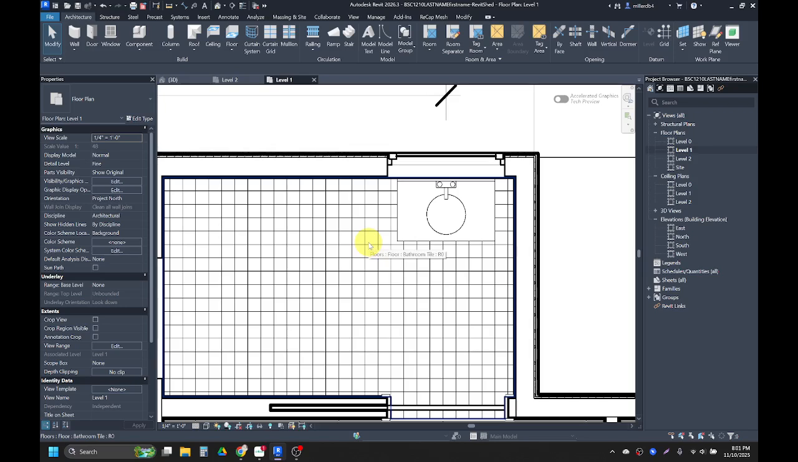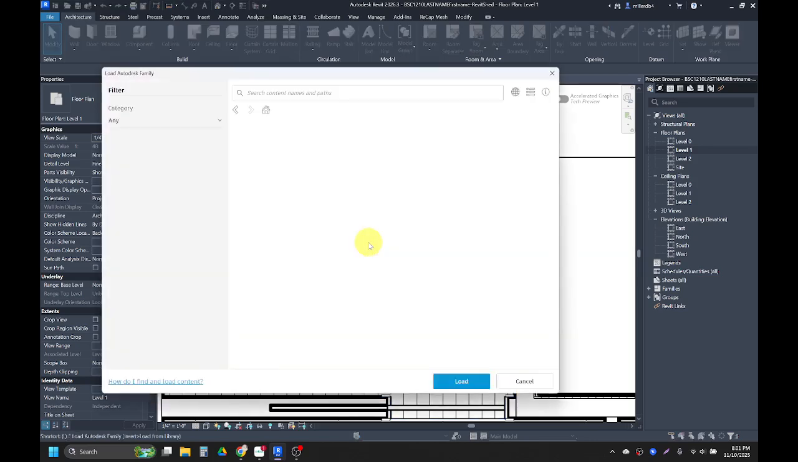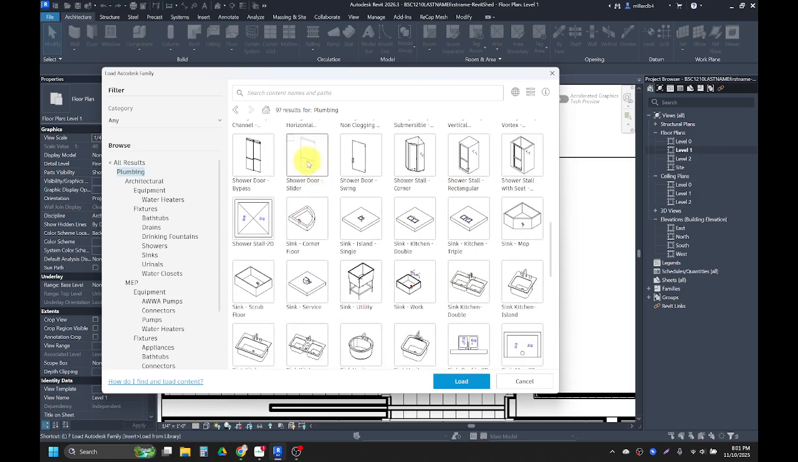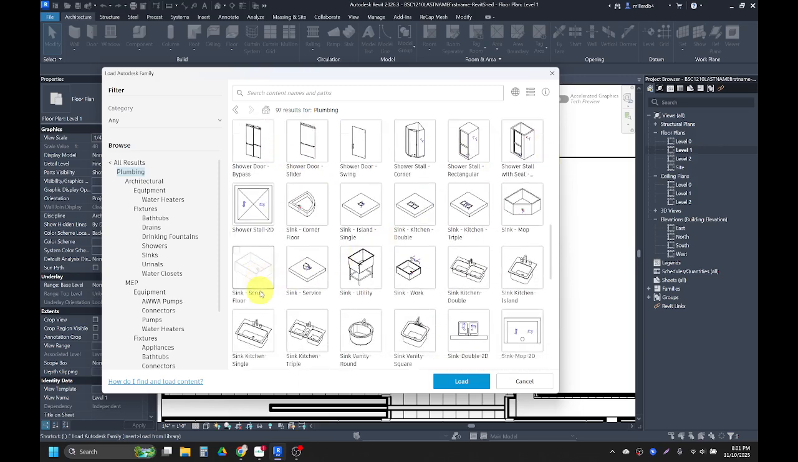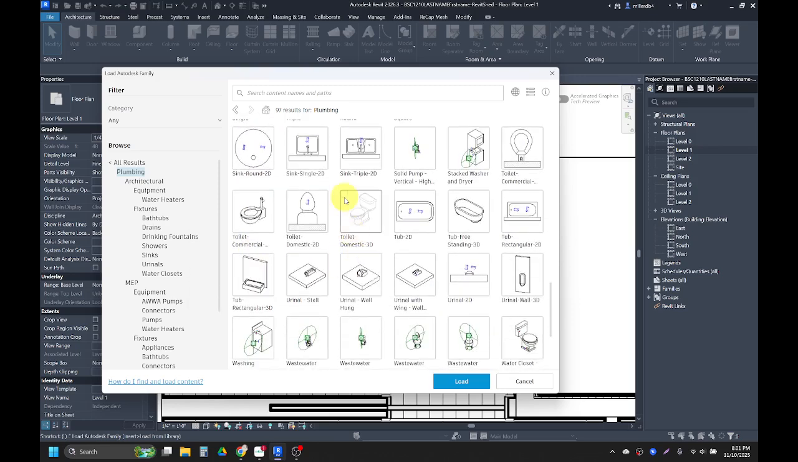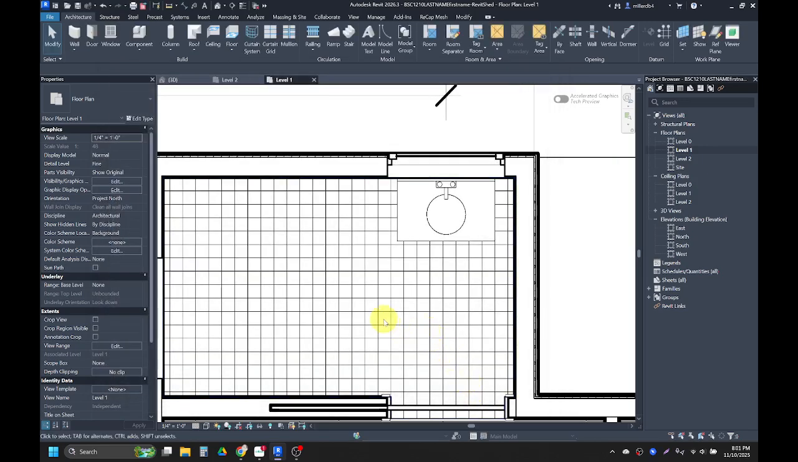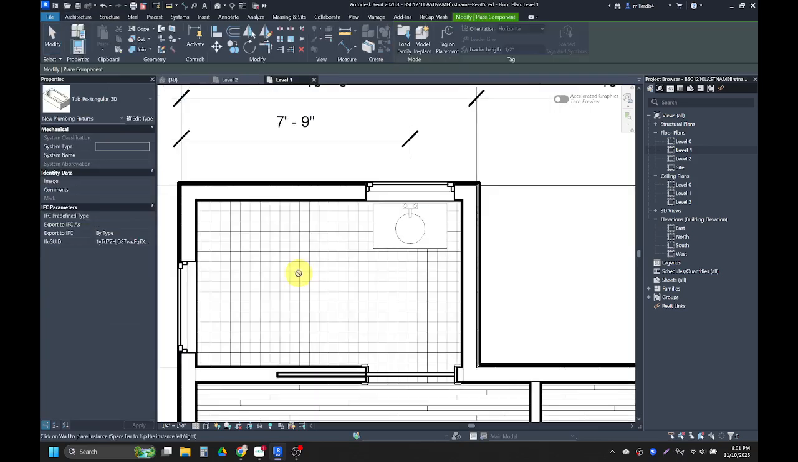If I wanted to load in a toilet and a bathtub as well, I could do keyboard shortcut LF. And then I'm just going to scroll down. We've got some showers as well. But I'm just going to bring in a 3D toilet and a 3D tub as well. So I just have both those checked so I can bring them both in at the same time. And I'll use load. And then when I go to start the component tool, CM, it currently just has